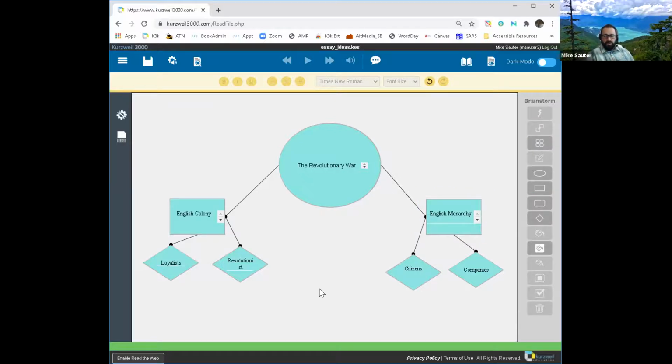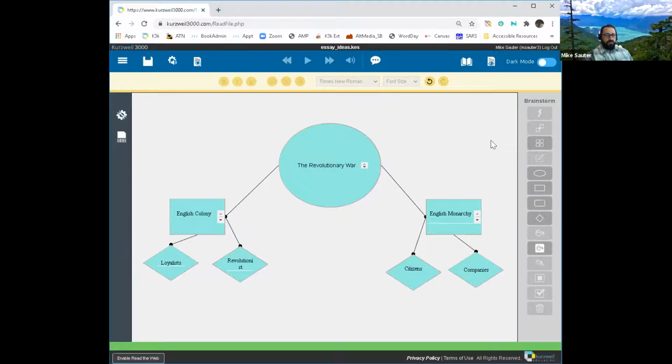So now I'm starting to build my brainstorm, my idea map. And I can use this to add more and more detail, right? I don't have to write sentences. I don't have to come up with my thesis. I don't have to do any of those things. I can just come down with my ideas. And maybe my ideas are coming from all over the place. And so I can just add them here and there, and then I can slowly start to link them. Or maybe discard some of the ones that don't fit within my map.